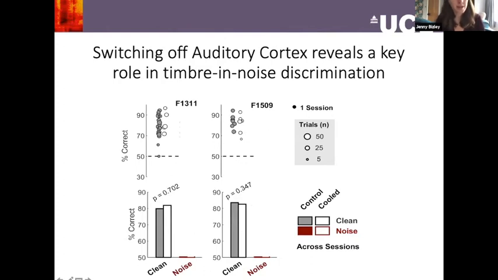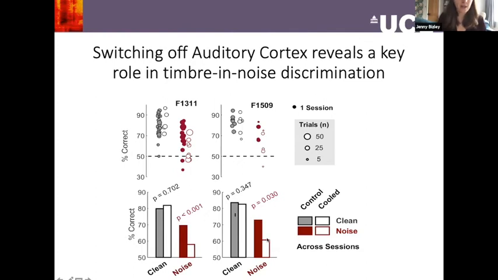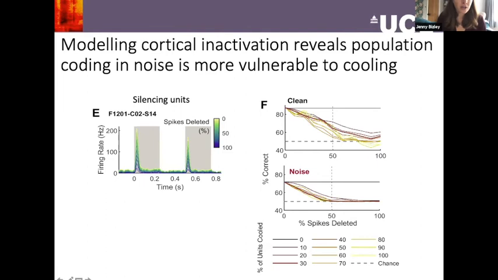Somewhat to our surprise, it turns out that to perform this vowel discrimination, you don't need the region of auditory cortex that we silenced. So cooling auditory cortex left animals unimpaired in this vowel discrimination task. However, it really substantially impaired their ability to make this discrimination in noise. Now, some modeling that we've done